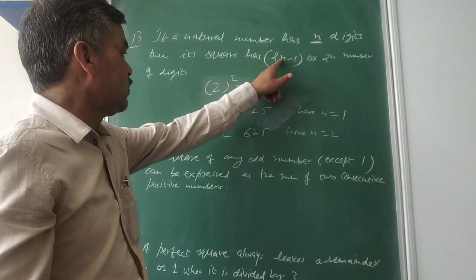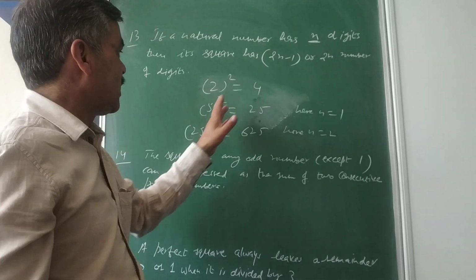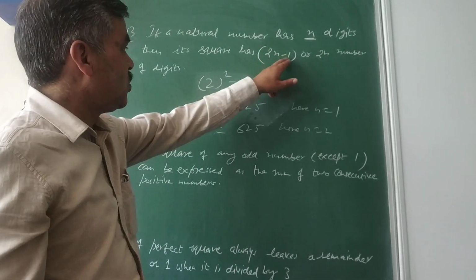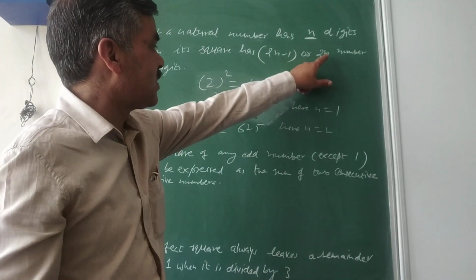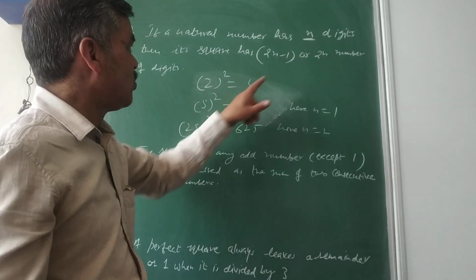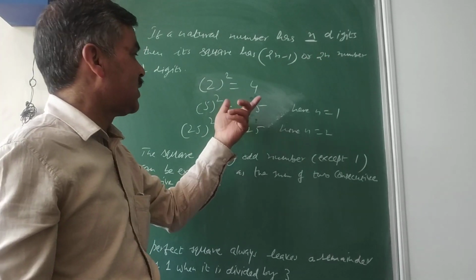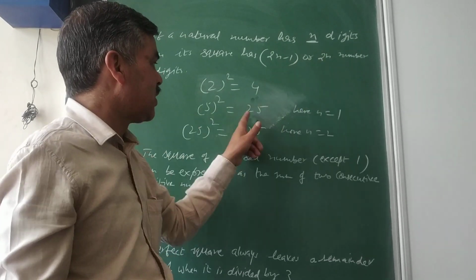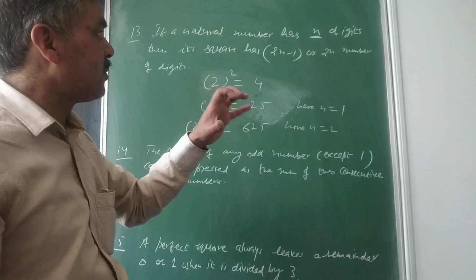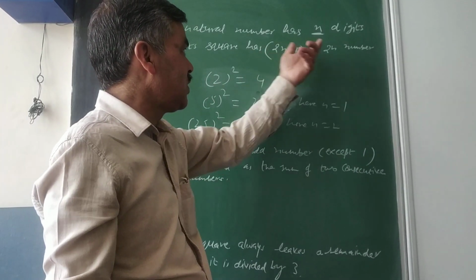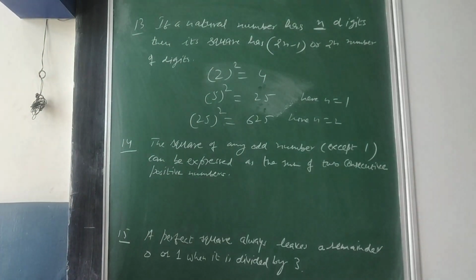Similarly, here n was 1. So 2 1s are 2, then minus 1 is equal to 1. So that means there will be either this form or this. Then I have to check this. If n is equal to 1, so 2 into 1, this is not lying in the form of 2n minus 1. This is lying in the form of 2n. So 2 into 1, 2 digits, 25. So two standard results will be there, either in the form of 2n minus 1 or 2n. So this is property number 13.